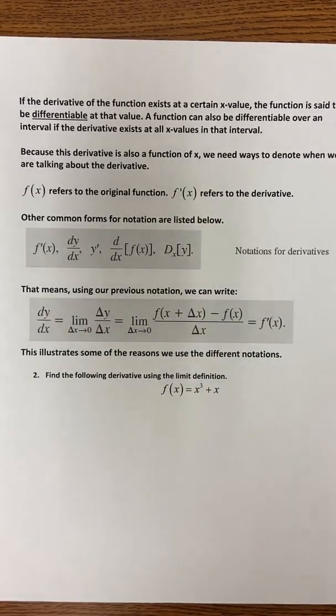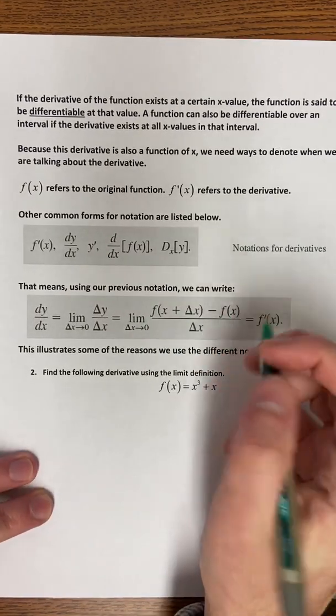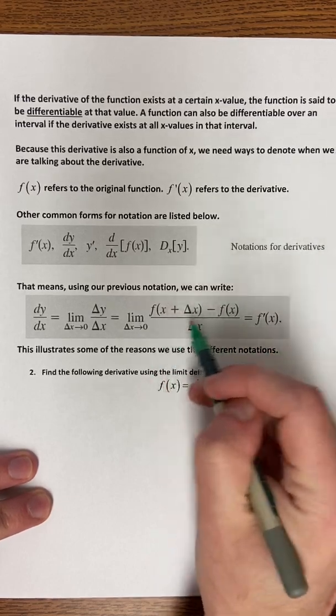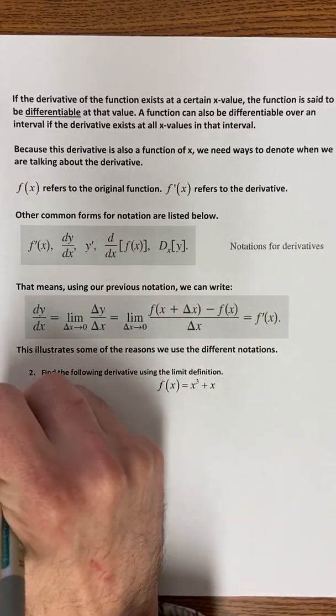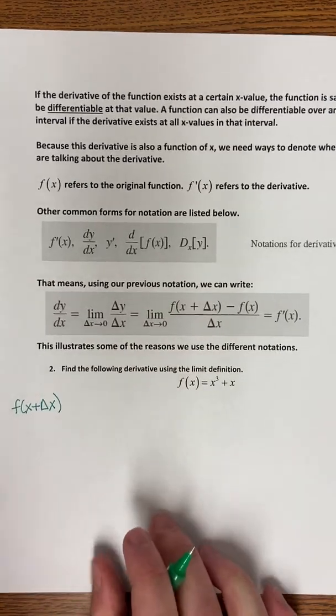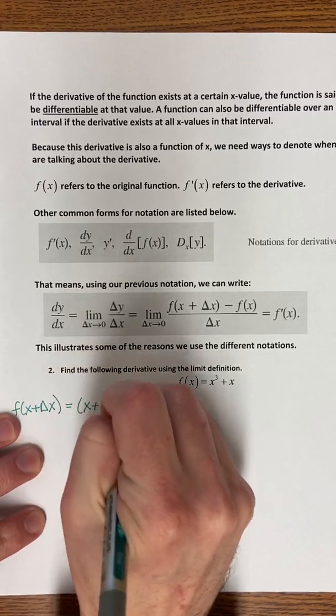Okay, let's continue with this derivative from definition in our 2.1 notes. Find the derivative of the following from definition with f of x equals x cubed plus x. Okay, so if I'm looking at this definition, I'm going to have to take the limit, but more importantly, I've got f of x, but I need f of x plus delta x, which means replacing every x with x plus delta x. So that's (x plus delta x) cubed